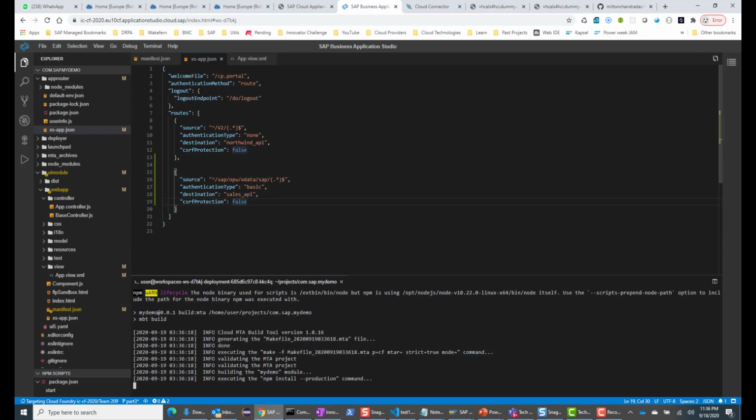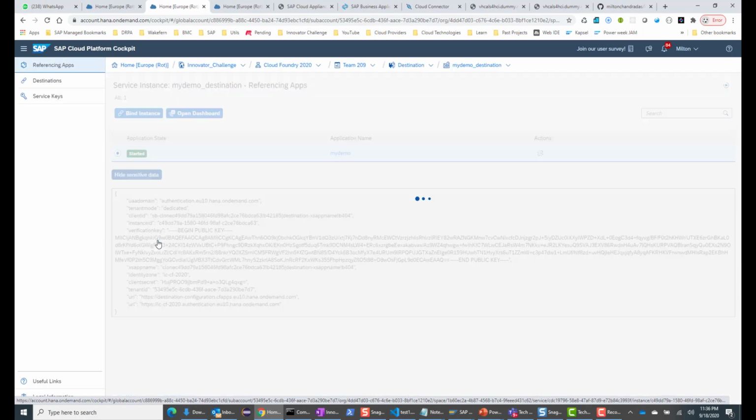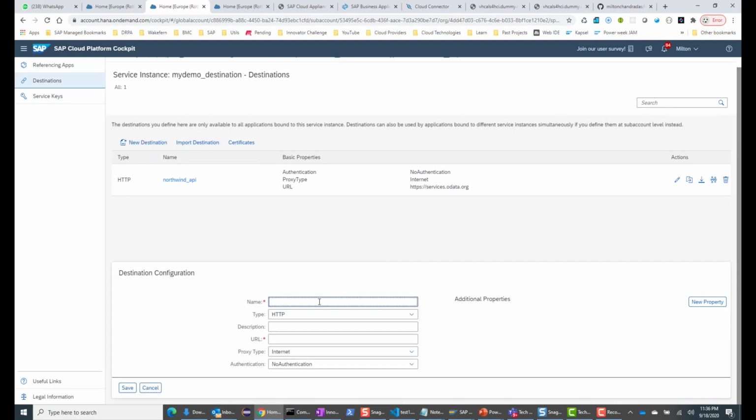And then in my Cloud Foundry, I go into my Cloud Foundry. I already have my demo_destination. And if you don't know how I got this, please check out the previous video. So here I go into my destinations, and here I want to create a new destination called sales_API. So I'll call it sales_API. Now this is going to be HTTP. Now here, what I want to do is I want to connect to